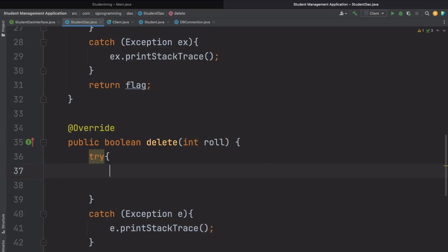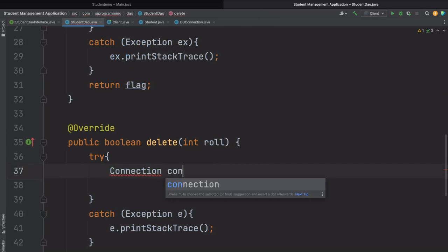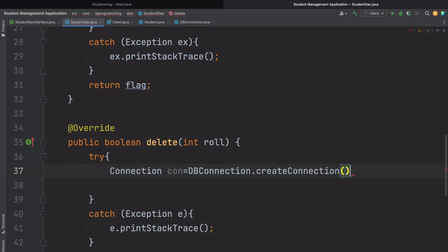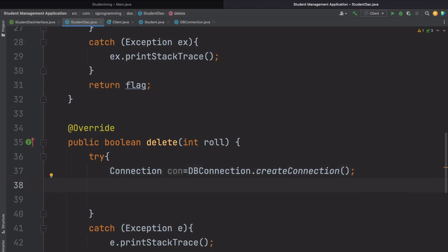Inside this try block, let's create the connection, con is equal to our db dot create connection, and now we want to delete the record. So let's write the string query is equal to, so how we can write the delete query, delete from table name student details